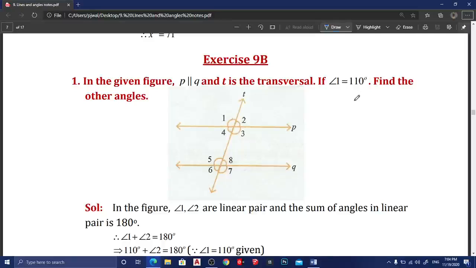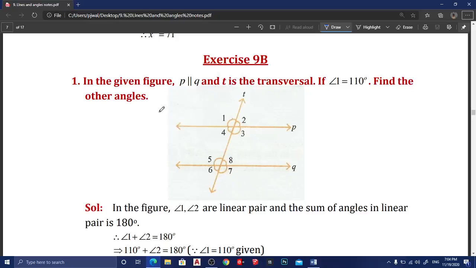So in the previous session we have learned about the different types of pair of angles, transversal, and when the transversal intersects two parallel lines, how many types of angles will be formed, and what are the properties of those angles we learned. So based on those properties and the definition of the angles, we are going to solve these problems in this